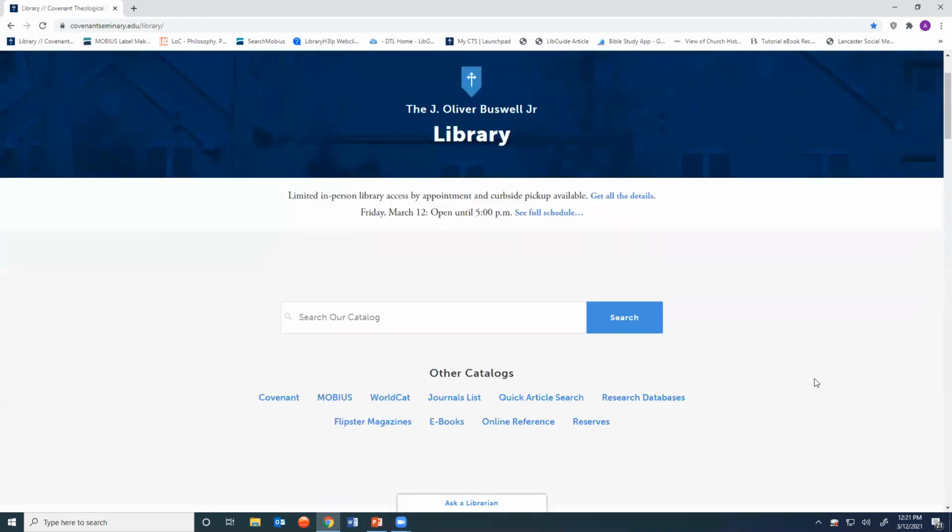So once again, let's start at the library's homepage and search the catalog. We're searching specifically for the Evangelical Dictionary of Theology, the standard reference work.